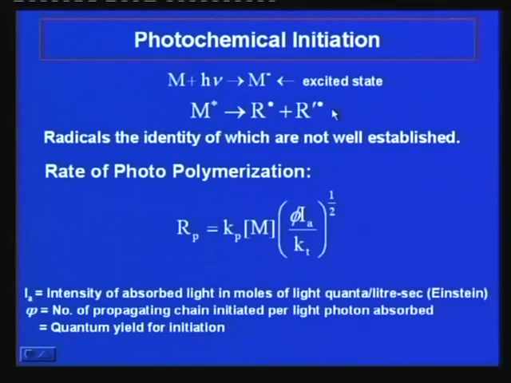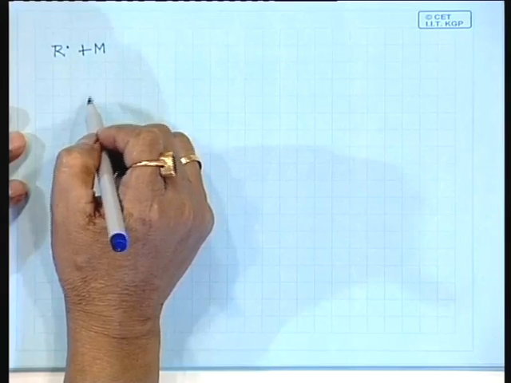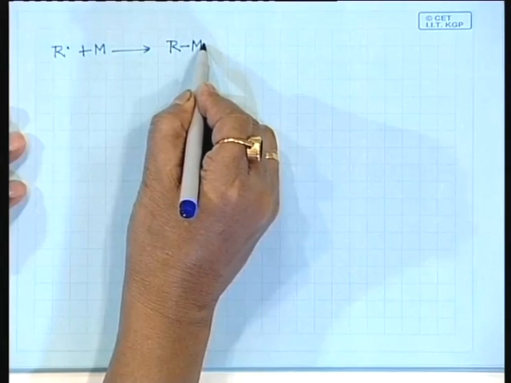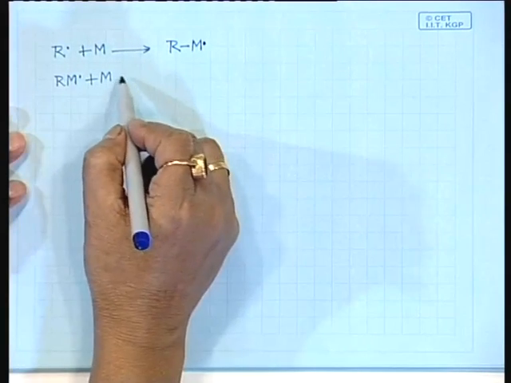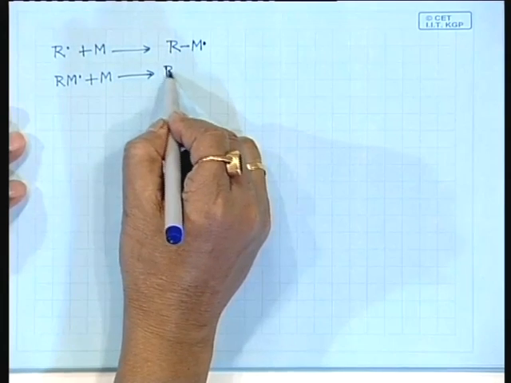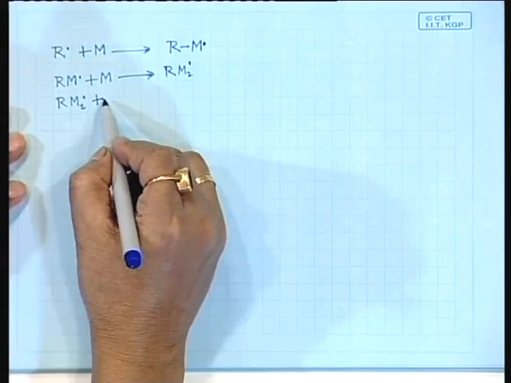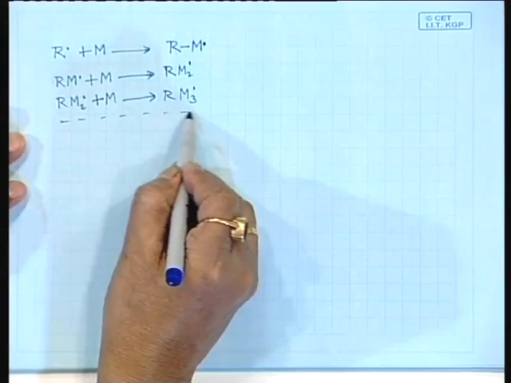Now, there are other considerations too. You have seen in case of thermal initiation that sequence of events, where the primary radical R adds to the monomer at the initiation step, forming an initiated radical, R M dot. This R M dot adds to another monomer, forming R M2 dot, R M2 dot plus M gives R M3 dot. This way it continues till we get